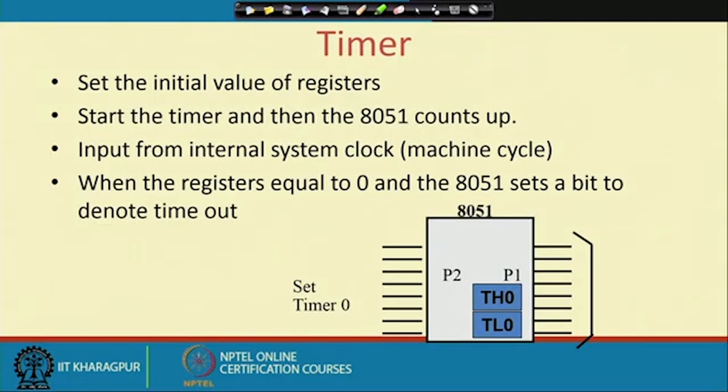The timer is set to some initial value of registers. So, set the initial value for the register, this TH0 and TL0. These are the two registers that are used for timer 0. They are the timer count high and the timer count low, or the timer value high and timer value low. Then start the timer. There is some way by which you can start the timer and 8051 will count